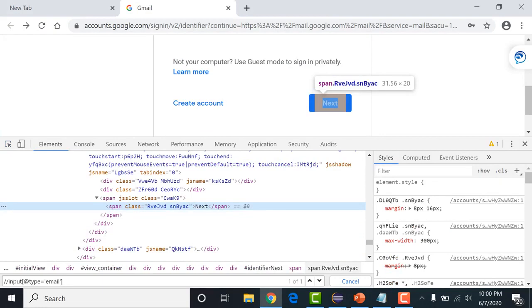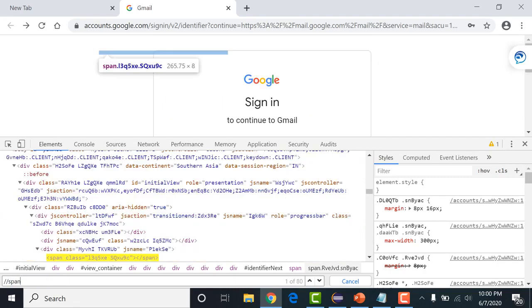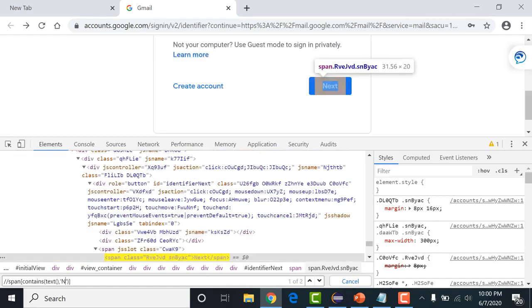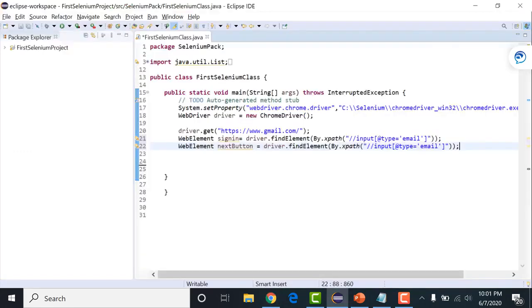In this case, we don't have any attribute available over here. We can directly write span, and we'll write contains text. What is the text value? The text value is next. It is identifying the element. Fine, one of one. We'll use this in our Selenium script.